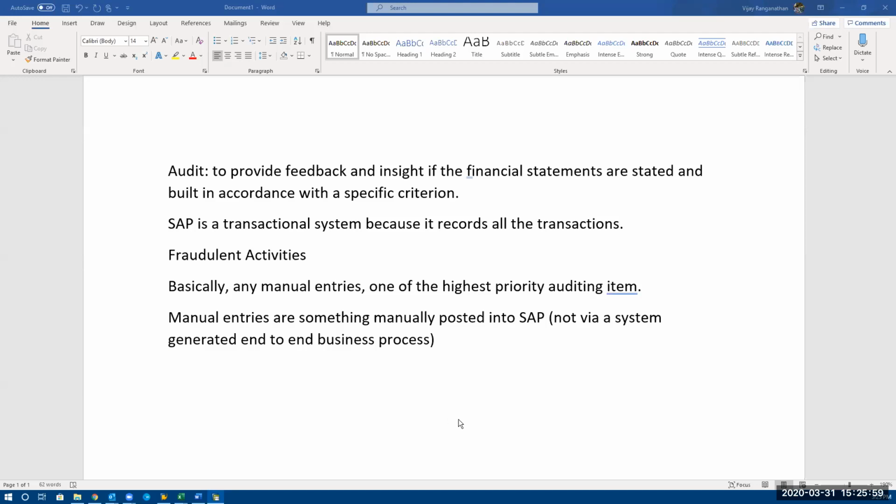So manual entries are something when I say manually posted into SAP, right? Like Harman said, there is a process in place. You create a purchase order, you post a goods receipt, and the system automatically creates an accounting entry. Nobody posts this. You only post a goods receipt. Similarly, you post an invoice. When you post an invoice, you only credit the vendor, and the system will automatically pick up other data from this purchase order and